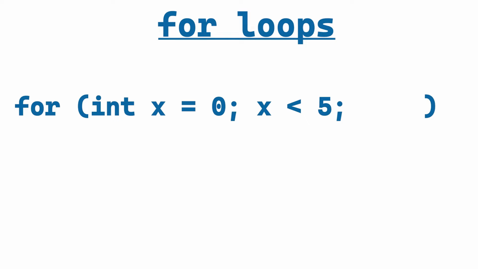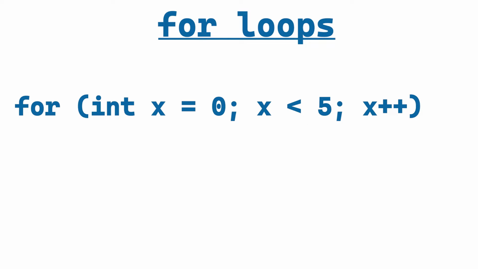Each for loop has 3 components that are separated by semicolons. The first part is where we're going to be initializing our variables. Most of the time, these are variables that are going to be used to count through iterations of the loop. The second part is going to be our condition. Just like how we have a condition in our while loop, it essentially works the same way. And the last part is where we can increase or decrease our initialized variables at the end of every single